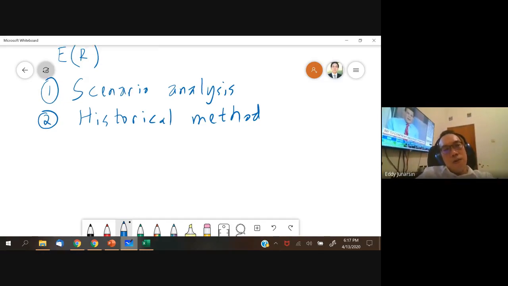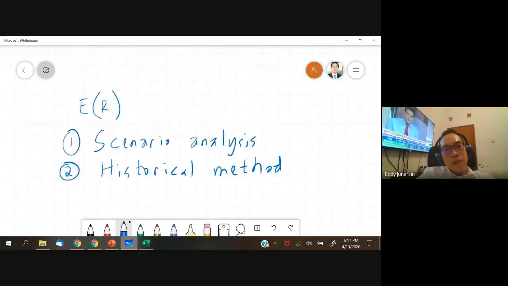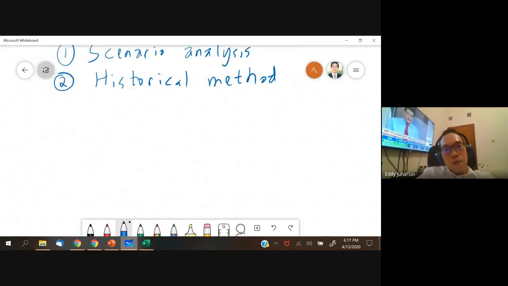Okay, so let's start with the first one, right? The scenario analysis. In scenario analysis, we have to build scenarios, and of course, in the most simple form, we might have 2 or 3 scenarios. But with the advancements of technology, even now we can have maybe 10,000 scenarios with the Monte Carlo simulation. However, Monte Carlo simulation is out of our scope for today's